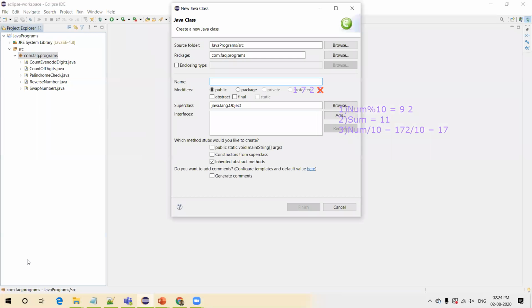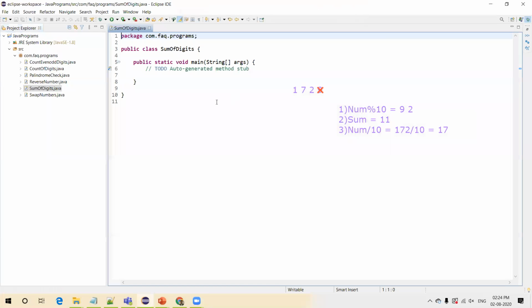Let me create a new class. I'll name the class SumOfDigits. Let us read the number from the user.